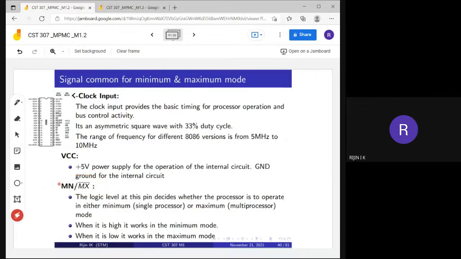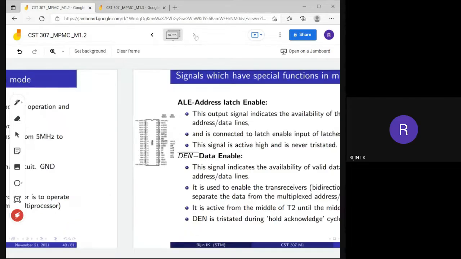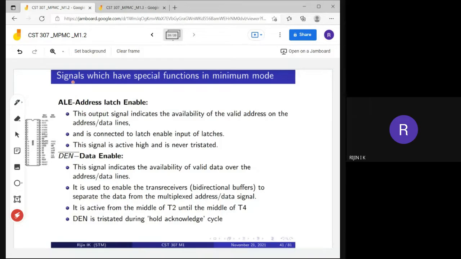Actually, this min bar max pin decide whether it is operating either in minimum mode or maximum mode. Minimum mode means a single processor mode, and maximum mode means it is in multi-processor mode. Okay, so that is signal common for minimum and maximum mode. Now we can study this signal which have a special function in minimum mode. Okay, minimum mode means it is in single processor mode. Okay, single processor mode. So first we can discuss that which are all the pin which is having a special